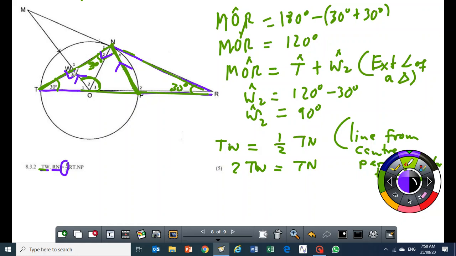Yes, I did it differently. I proved similarity between triangle TWO and TNP. Then I said TO over TP is 1/2 because it's a radius over diameter. And then I used the proportion theorem to say that therefore TW is half NT. Well, it would be correct, as long as you manage to show how you end up